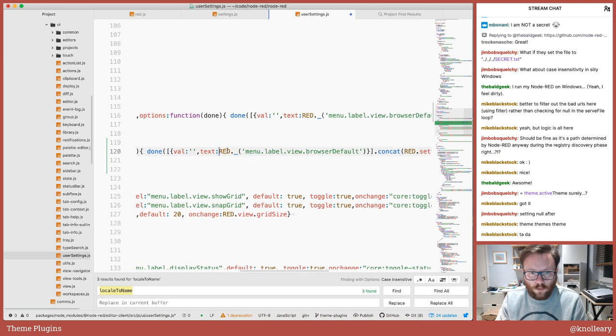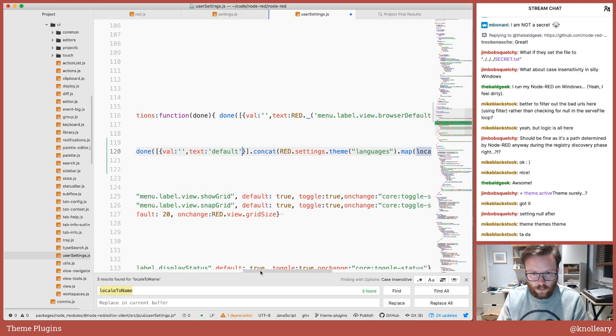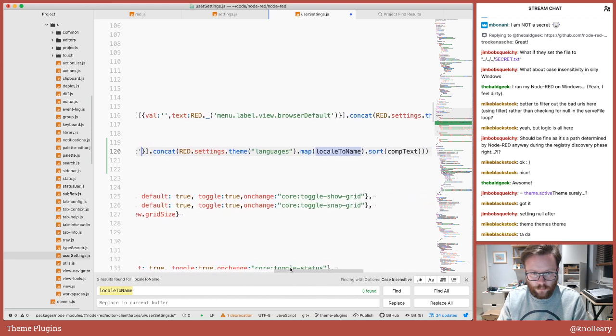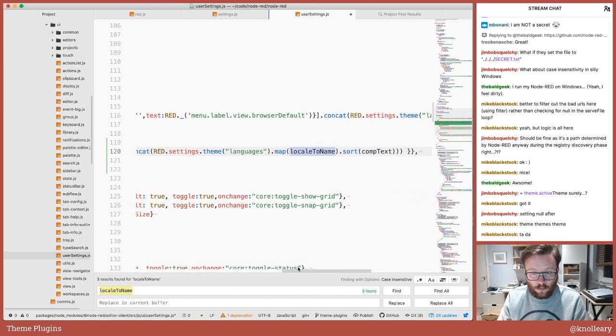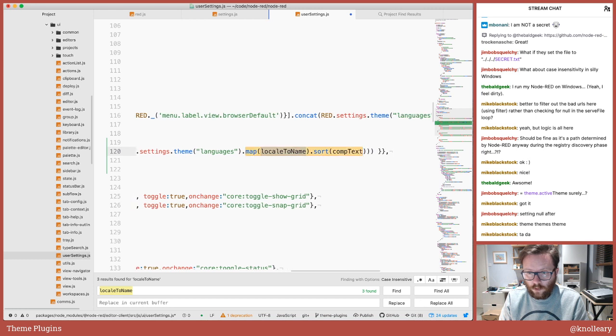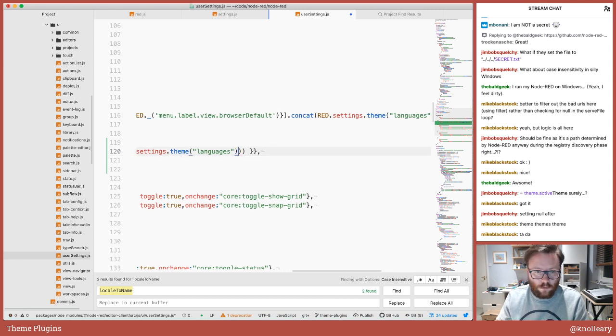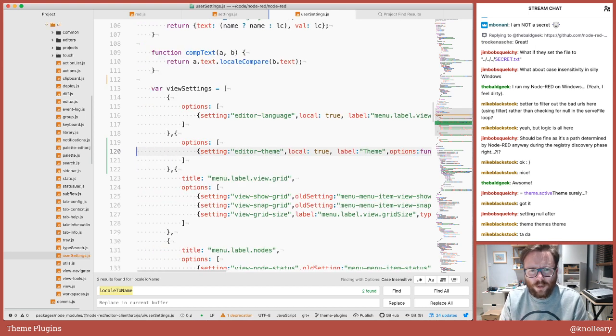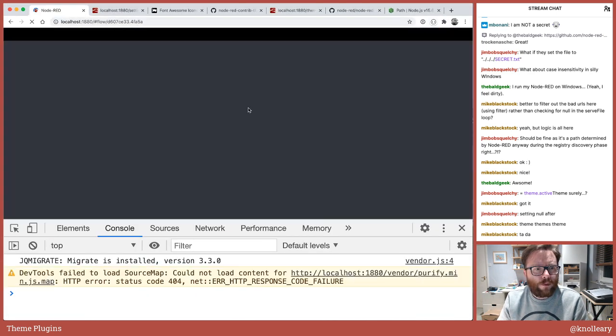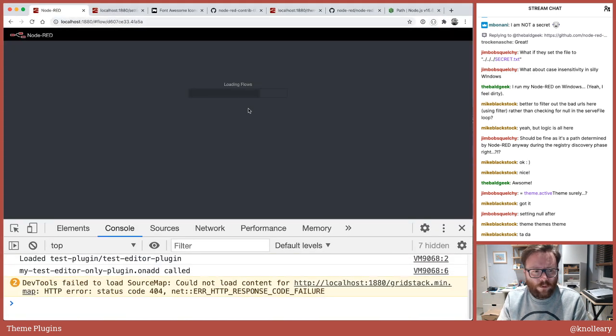We are going to just hard code some stuff. I'll need to get some more translations done. Default. And then we're not going to sort. We're not going to translate these. They're just the IDs of the. Sorry, I'm talking in half sentences. I kind of realise what I'm trying to do here. I think that might do it. If that works, I'll be